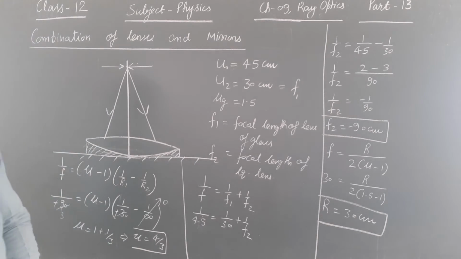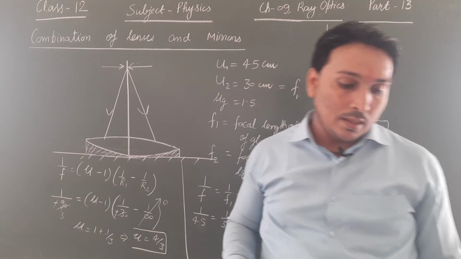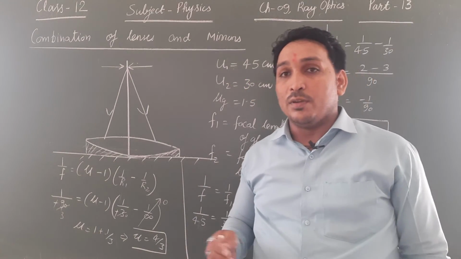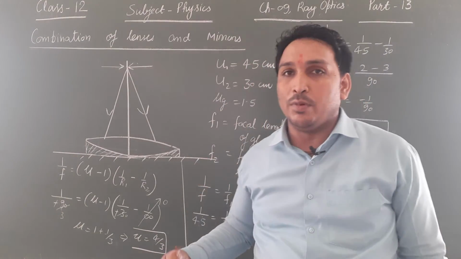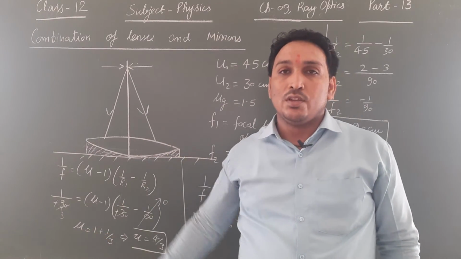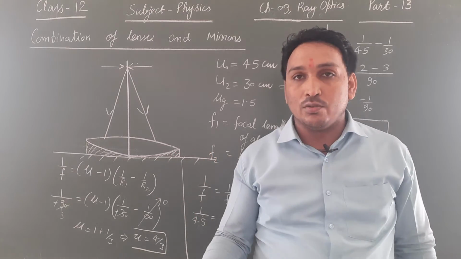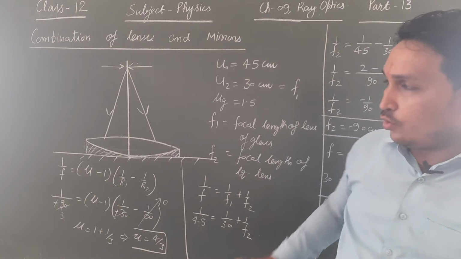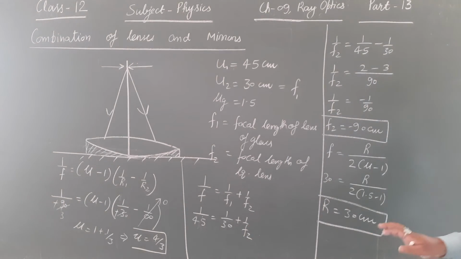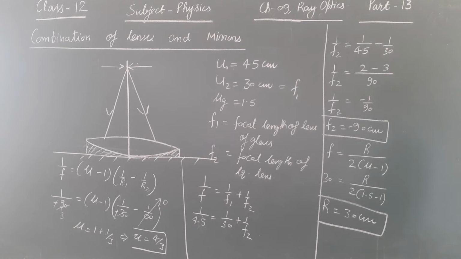This question has been asked in the CBSE board examination many times. In one year, what CBSE did was that in place of 45 and 30, it gave A and B, and the rest of the question was the same. So you have to be able to solve it like that also. If the variables are changed, you will still be able to solve it, but that happens only when the concepts are clear. So I hope there is no problem in the concept. It is a very important question for the CBSE. You must note it down. Take the screenshot. I am giving you time, and you must note it down.